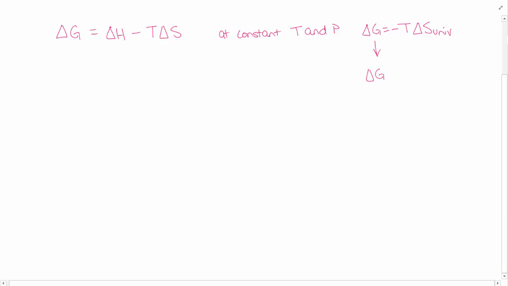The change in Gibbs free energy is defined as the change in enthalpy minus the temperature times the change in entropy at constant pressure and temperature. We know that because delta G is also equal to negative T times the change in entropy of the universe, any time the Gibbs free energy decreases, so if delta G is less than 0, this corresponds to an increase in the entropy of the universe. So if delta G is less than 0, then a reaction or process will be spontaneous by the second law